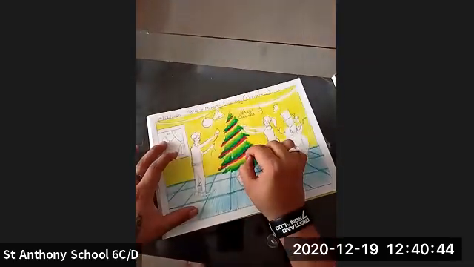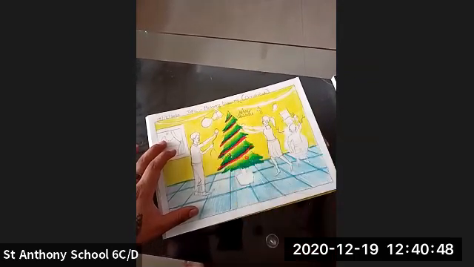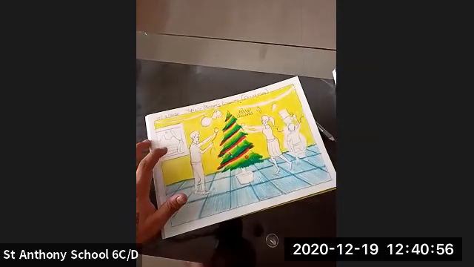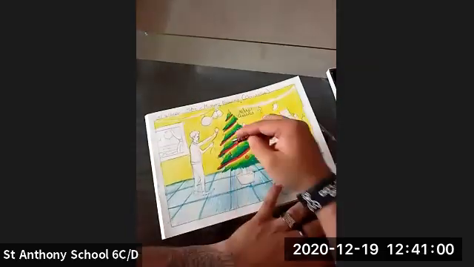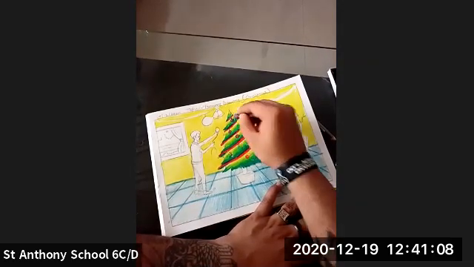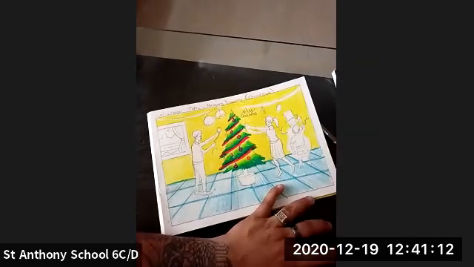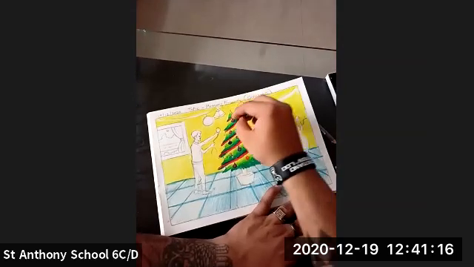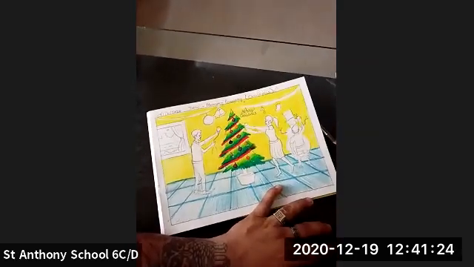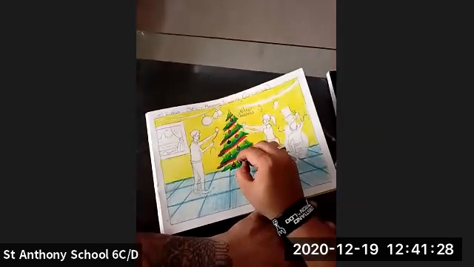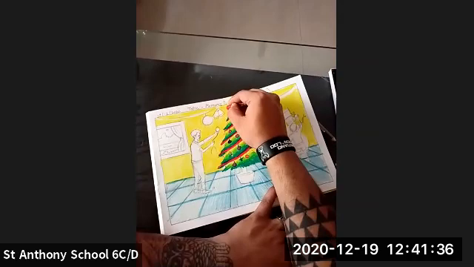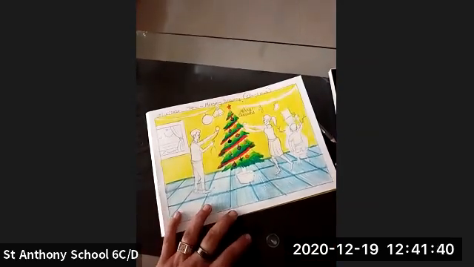Now what we are going to do is decorate the Christmas tree in this way, adding some designs in this. So this is how you can decorate the Christmas tree.